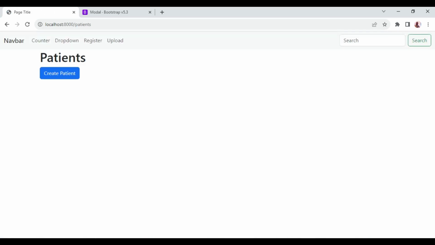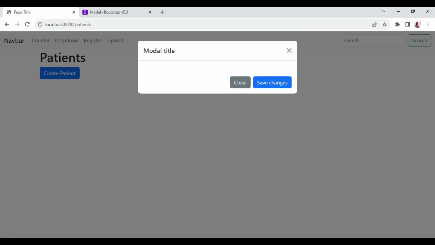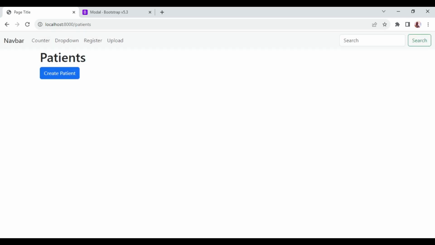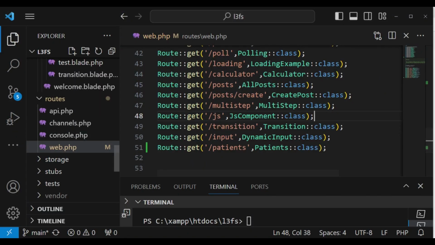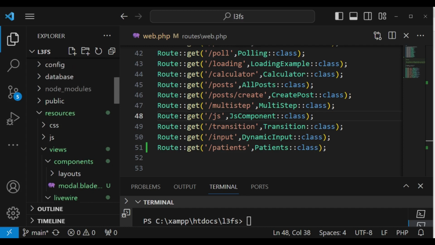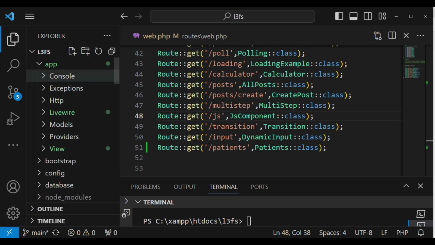And now we have our button, create patient. If I click on it, you can see we are able to see the modal. But of course, the title is the same that we are having and every other thing. I want us to go ahead and go into the Livewire class and pass in a few things. So inside our patients Livewire class, you go to app Livewire,